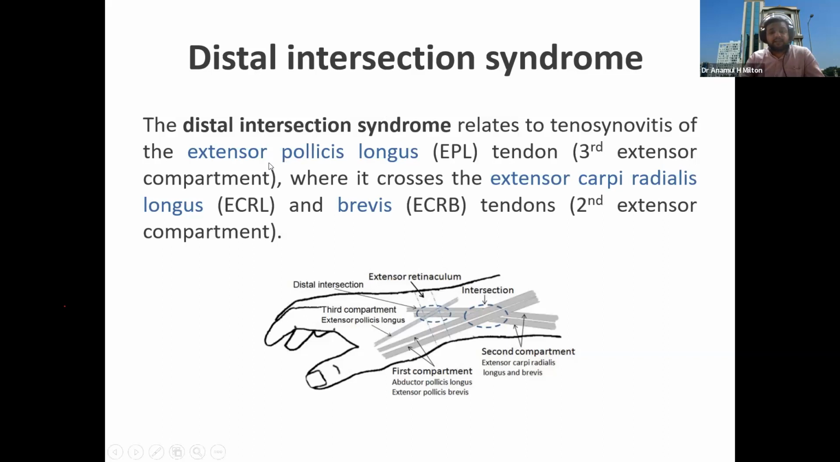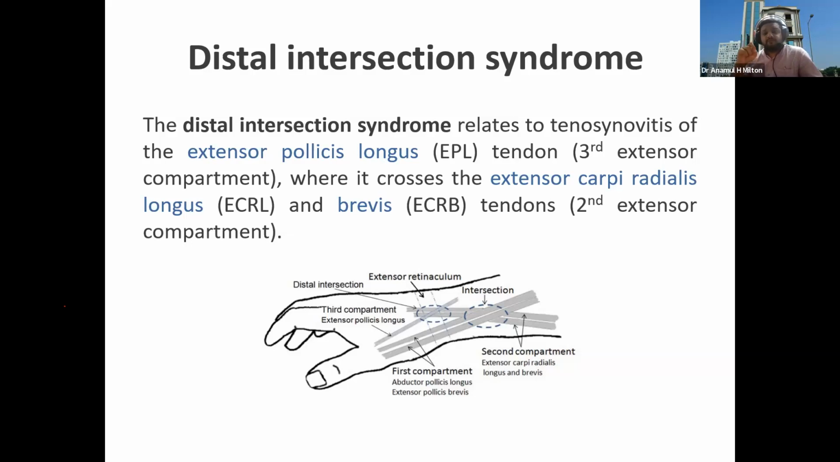So it is when the second compartment crosses the first compartment and, a few centimeters distally, it also crosses the third compartment. In the third compartment there is the extensor pollicis longus. So there is a chance of another friction from crossing this tendon. Okay, so a very important thing to remember,